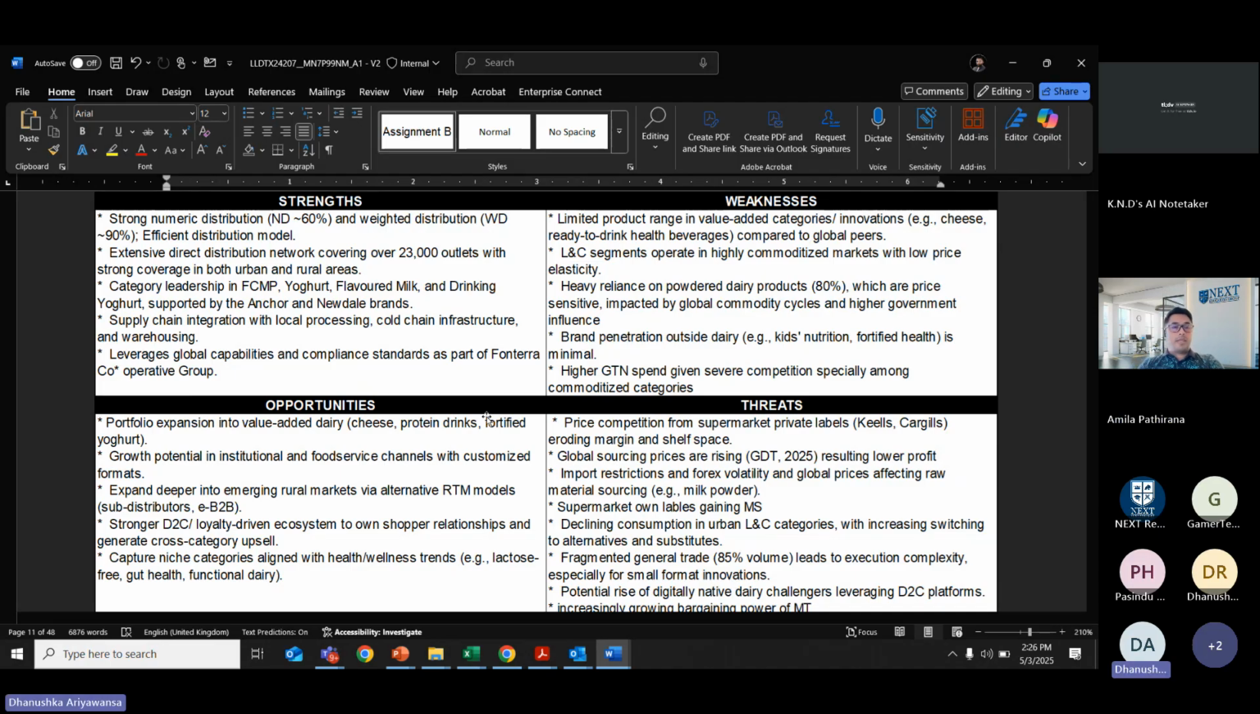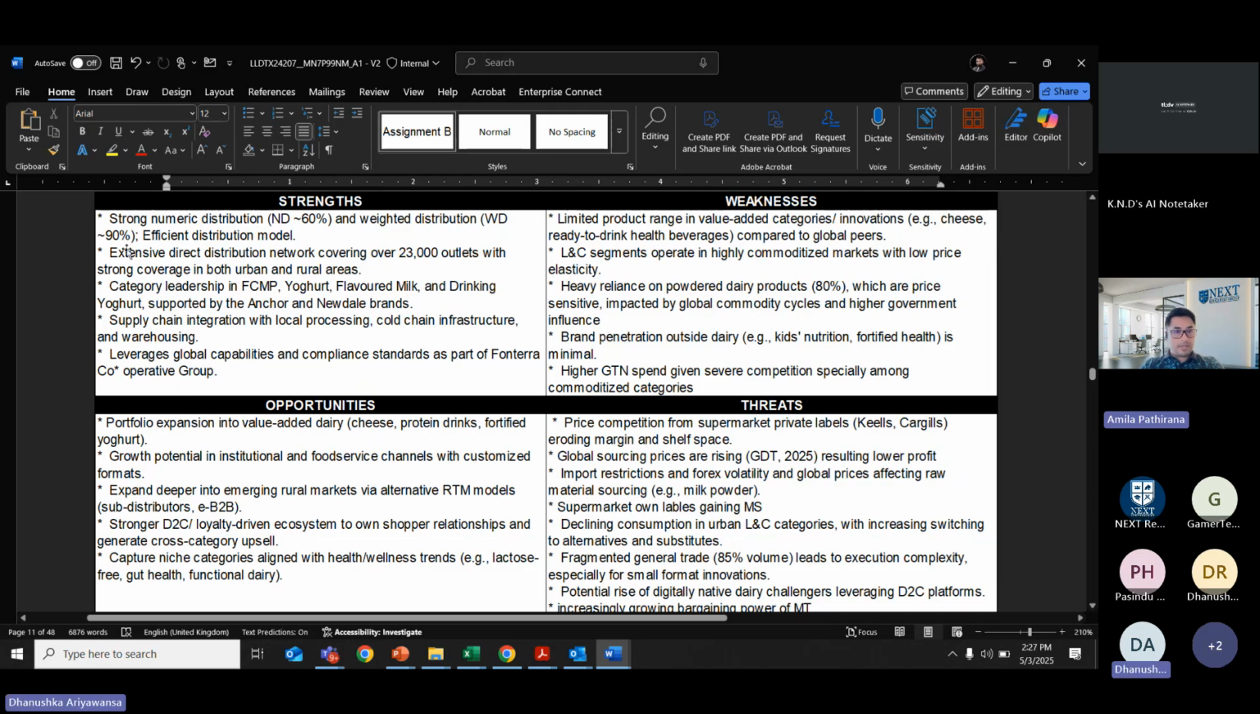True. Supply chain extensive. Clear. Extensive direct distribution network covering 23,000 outlets with strong coverage in both urban and rural areas. What does that mean from a distribution network in Sri Lanka, from a competitive point of view, whether it's really a strength or not? I don't know how many distribution points there are in Sri Lanka, but taking Fonterra, it's actually covered in the first point,